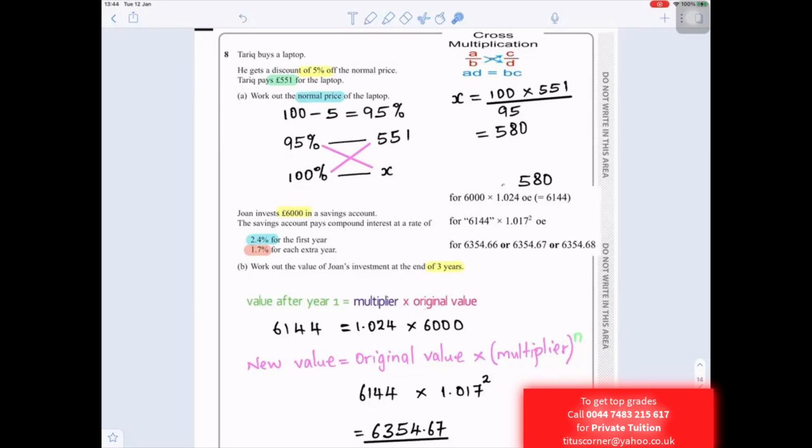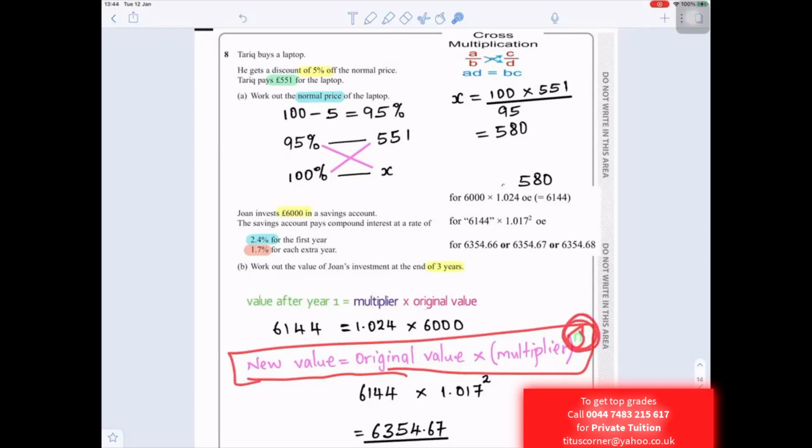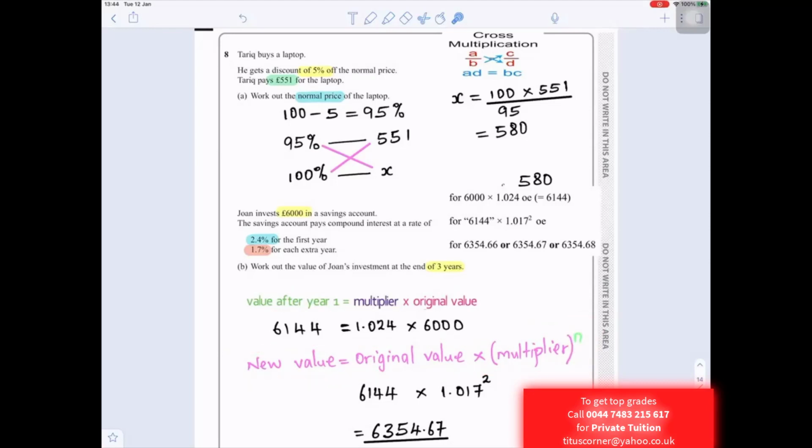So that formula there is very important. You can also write the formula as new value equals original value times multiplier to the power n. This n at the top there is the number of times or number of years. If it's for 2 years, n will be 2. For 3 years, n will be 3. So that new value is 6,144